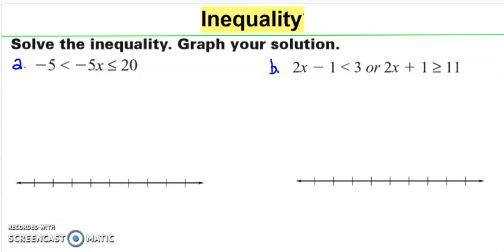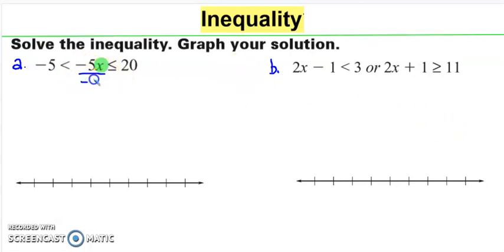Solve the inequality. Graph your solution. A. Negative 5x is greater than negative 5 and less than or equal to 20. So since the variable x is being multiplied by negative 5, to get rid of that negative 5, we